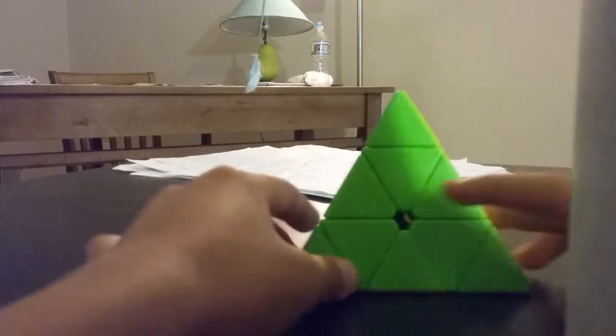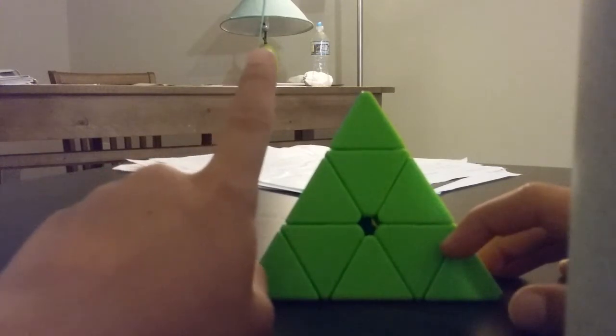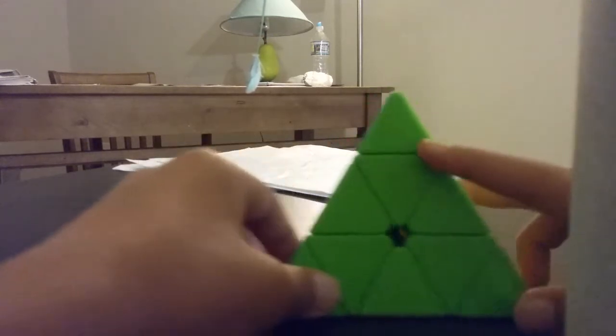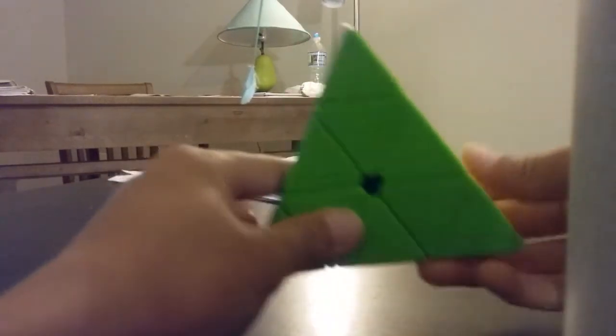The first thing you'll need to know is what the pieces are like. So this method only includes one algorithm, and everything else is intuitive, but you also will need to learn some other things. For beginners, you will need to learn